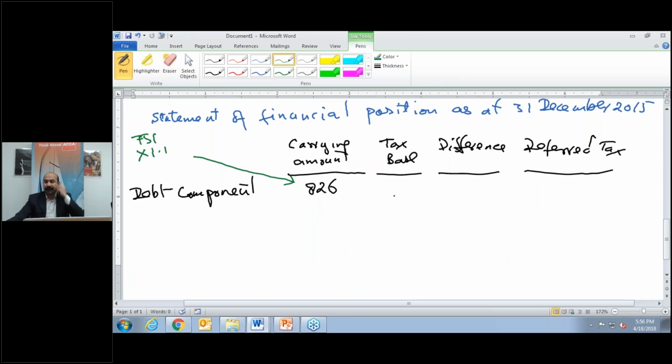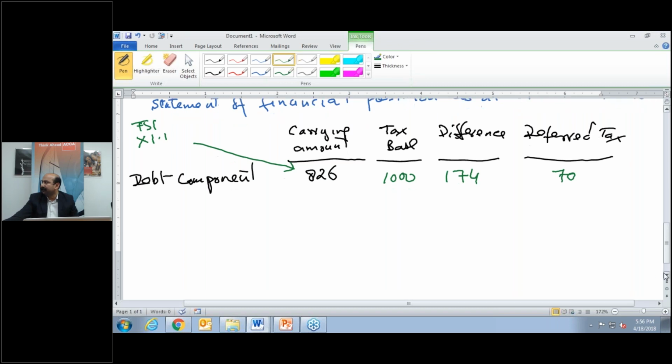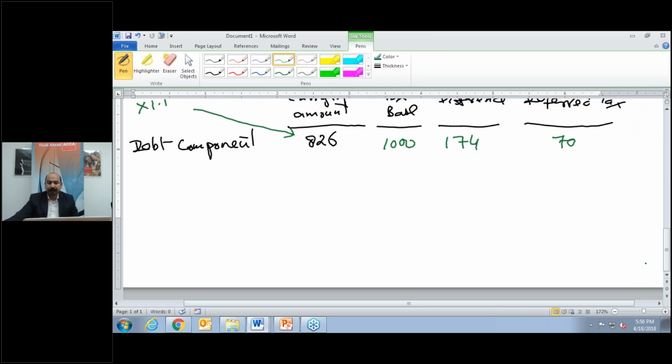So tax base will remain 1000. The difference is 174. When we multiply the tax rate with 174, this will give us 70. So what will we do with 70? We shall pass an entry,